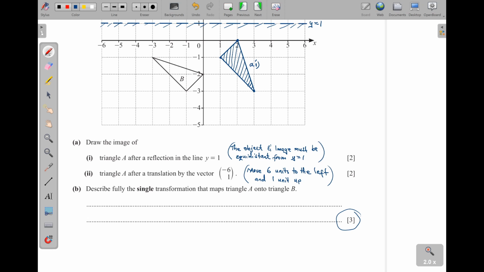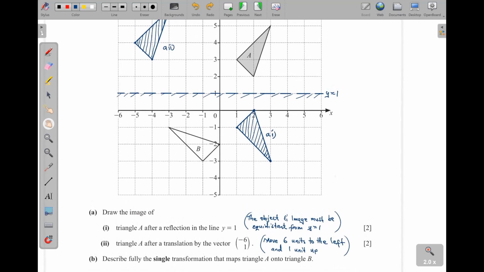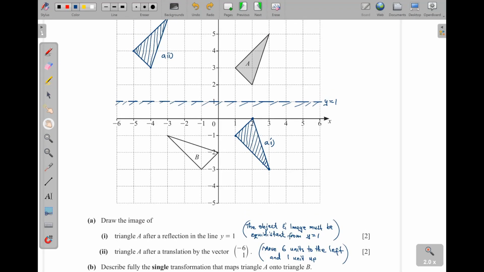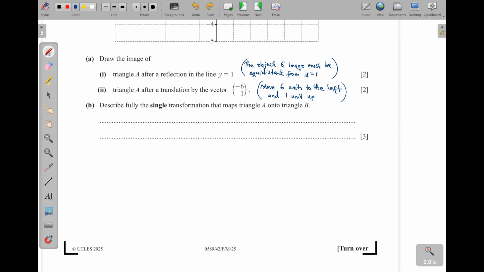And then by scale factor, which one? You tell us the scale factor of enlargement, and then the center of enlargement. Okay. Now, coming back to this, for enlargement, the object and the image are of different sizes. But for rotation, they're going to be congruent, same size. So this one is the same size as this. So that has to be rotation. So I'll have to write here, this is rotation